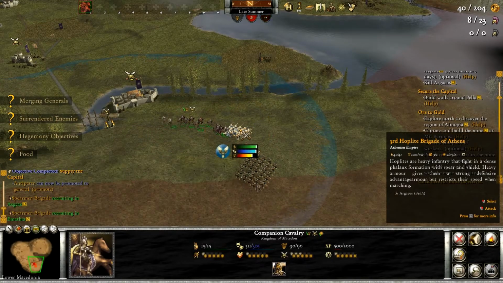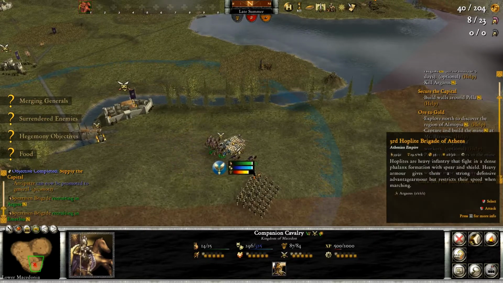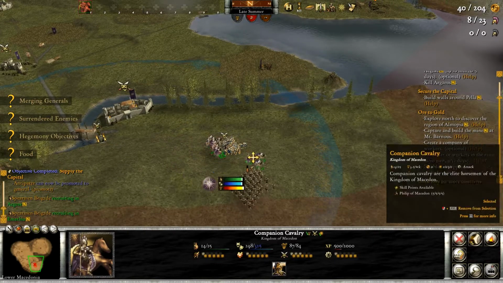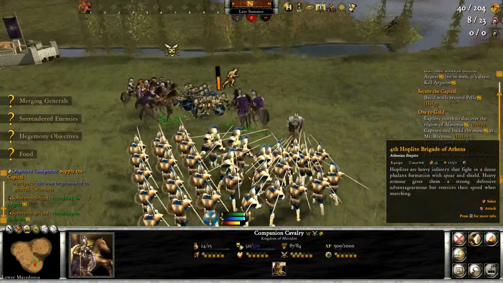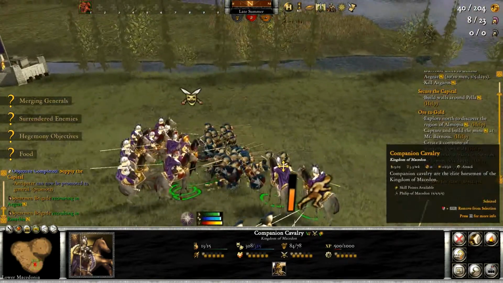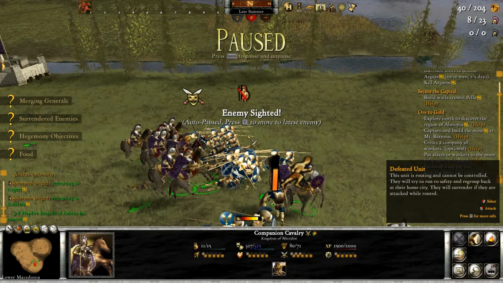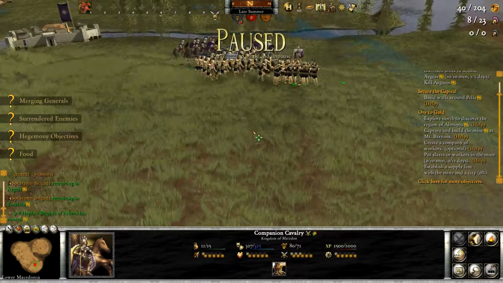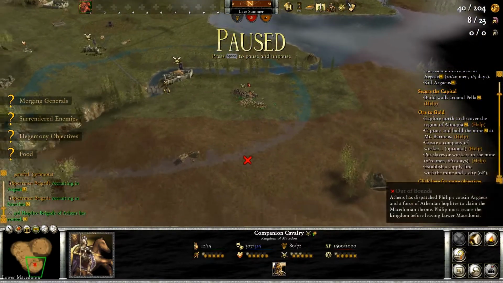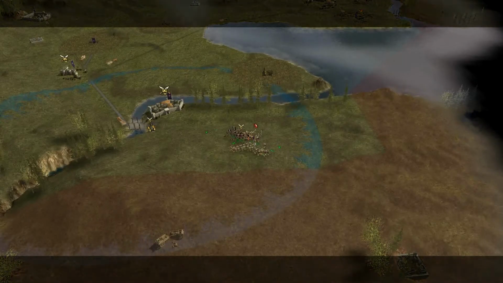Okay. So yeah. At least I got back onto 15. But now they are flanking me. So this does not look good. Enemy sighted. And what? Hegemony objective completed. Ooh, I destroyed one of the...